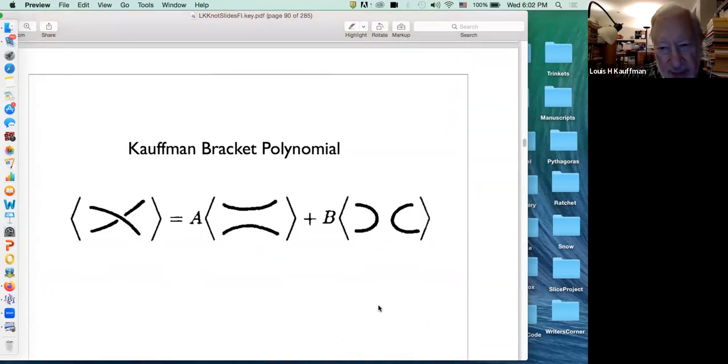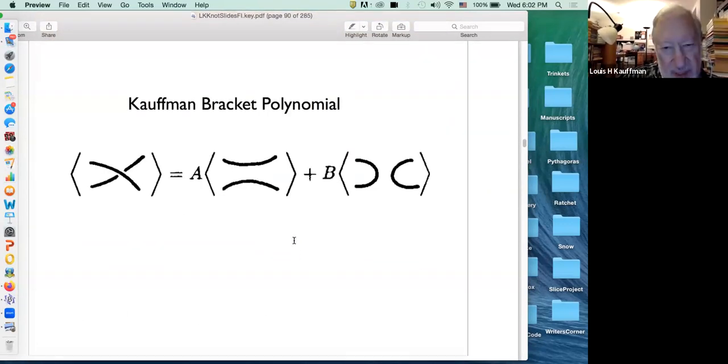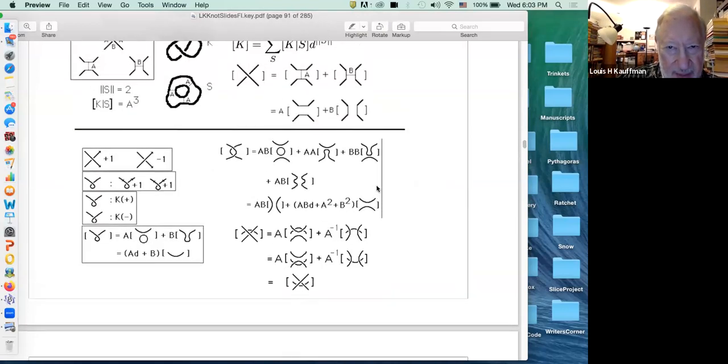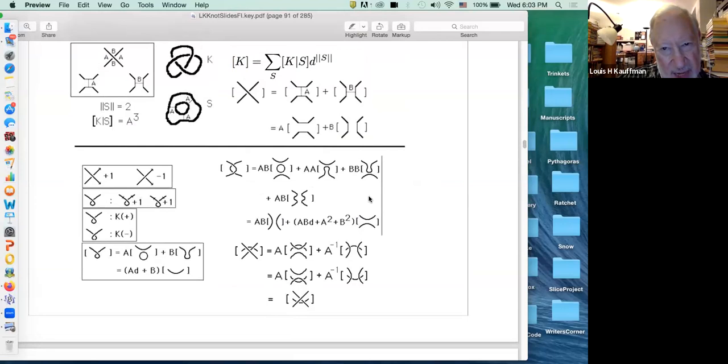the bracket expansion, which is simpler than the Homfly and easier to prove that it is an invariant. And it's a special case of the Homfly if you work at it to see the difference between oriented and unoriented, which we won't work on here. But we worked on the theory of the bracket, and the theory of the bracket was contained in this slide,